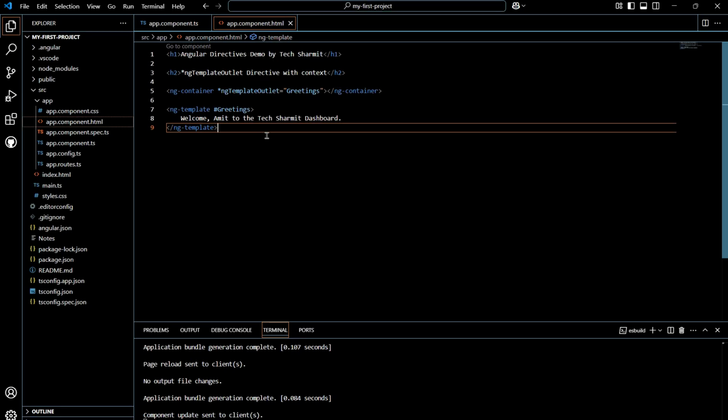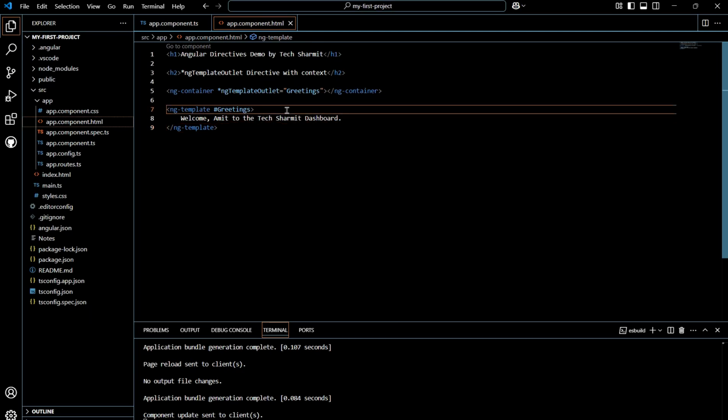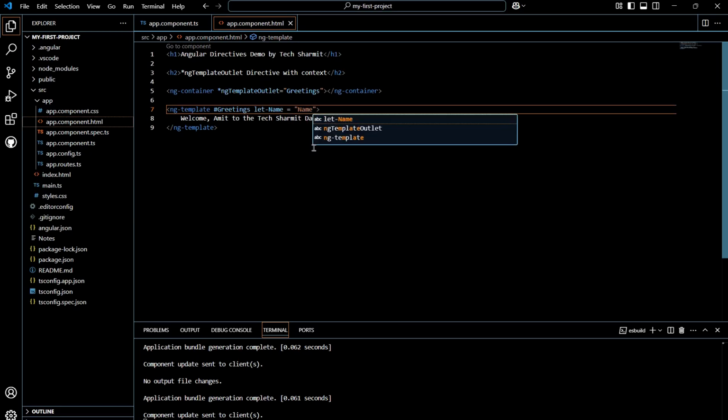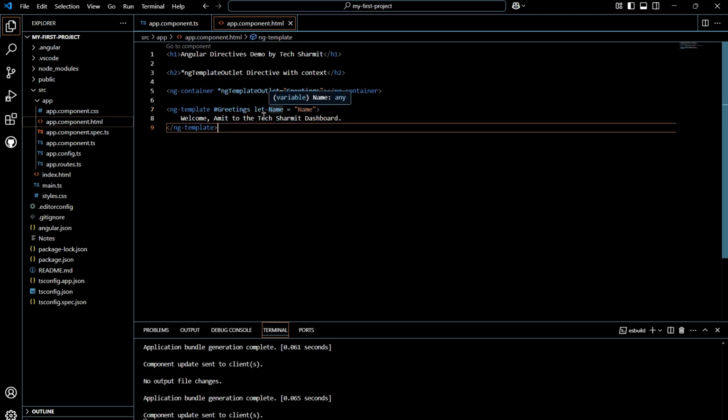Otherwise, welcome Vishal to the Sharmit tech dashboard. Likewise, it should show the greetings in a dynamic way. Now, to achieve this, what changes do we need to make? Firstly, we will define in this ngTemplate that we are going to accept one value. For that we will write here let-name equal name,